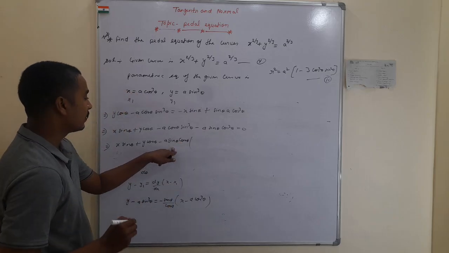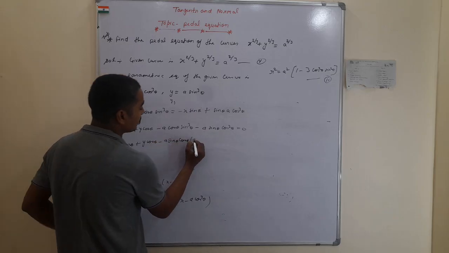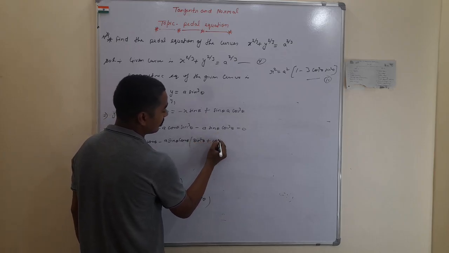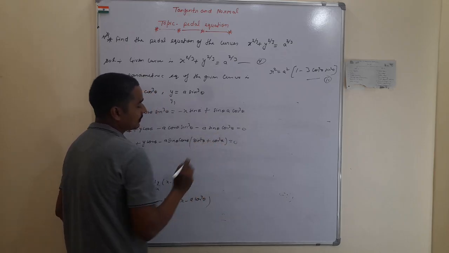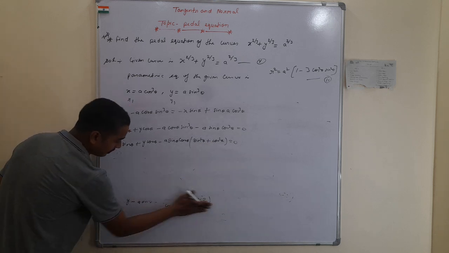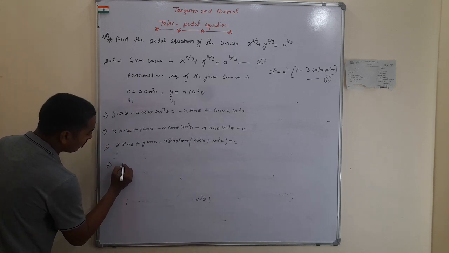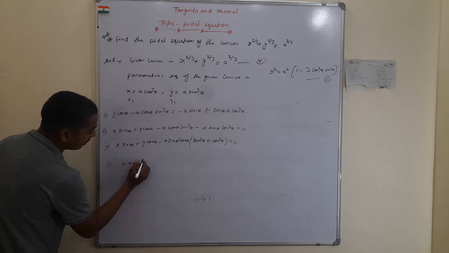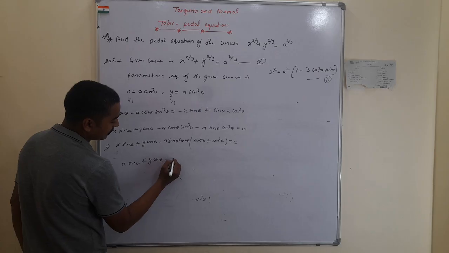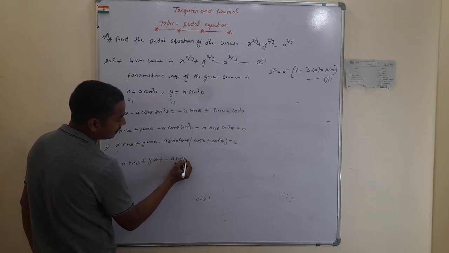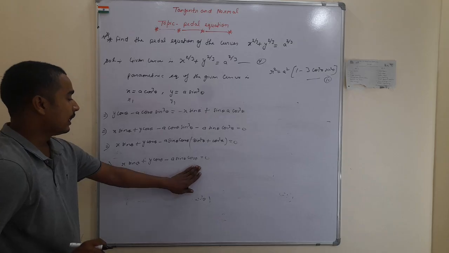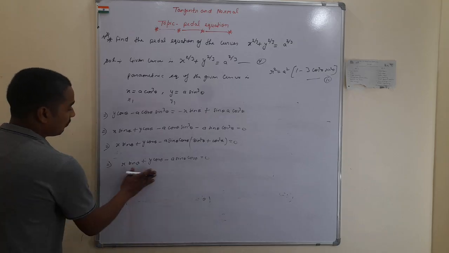Then remaining is sin square theta plus cos square theta, and we know that sin square theta plus cos square theta is 1. Then the remaining equation becomes x into sin theta plus y into cos theta minus a sin theta into cos theta is equal to 0. And we have to find the length of perpendicular